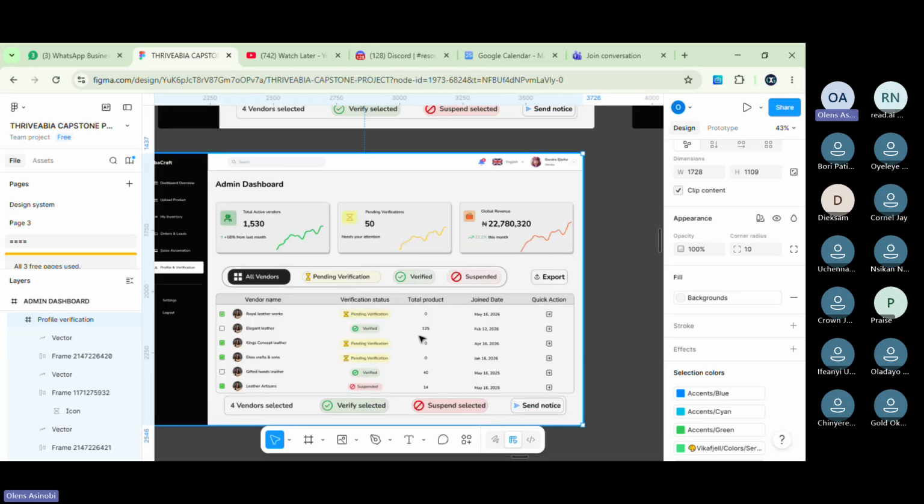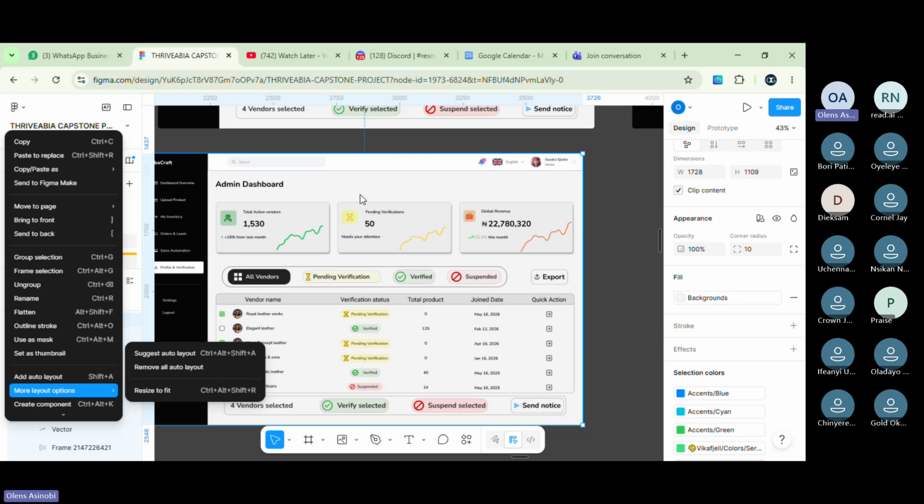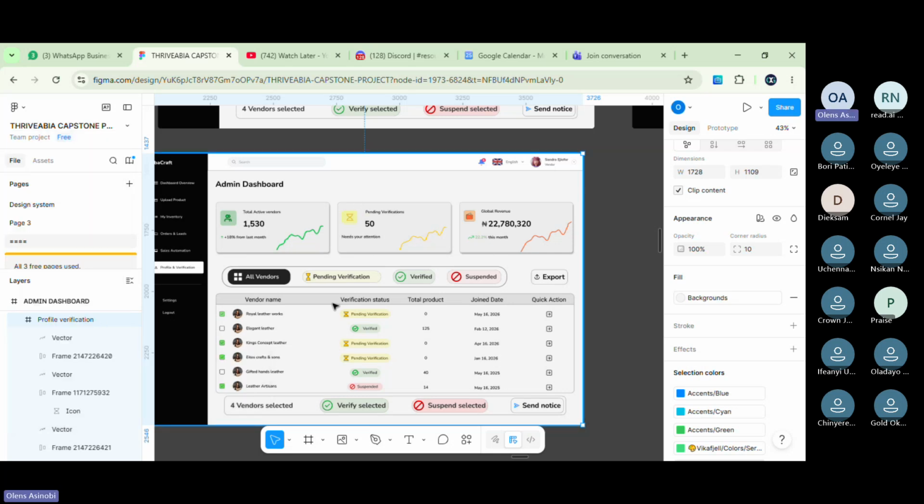You're going off track. Now see, when you determine what is important, when you say verified is important, but pending is not important, suspended is not important, the three of them are actually related. All three of them are talking about the verification status. It's just like you're inviting a family to your wedding, but yet you're telling me you want only the first son to be there.